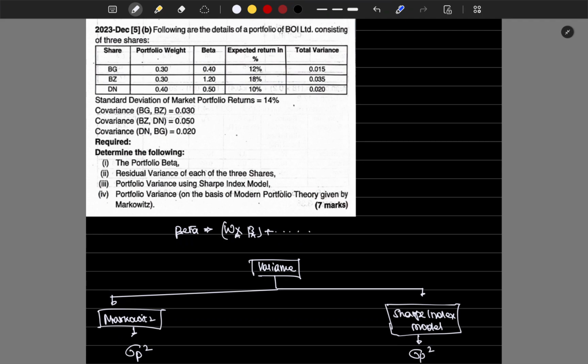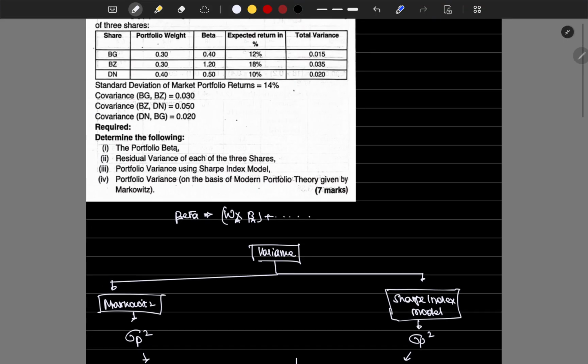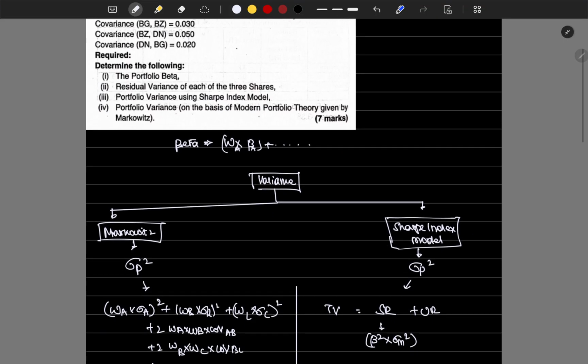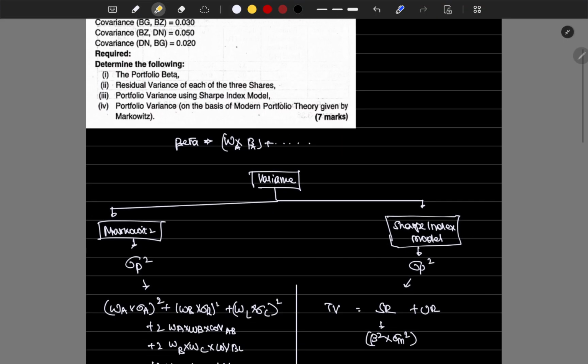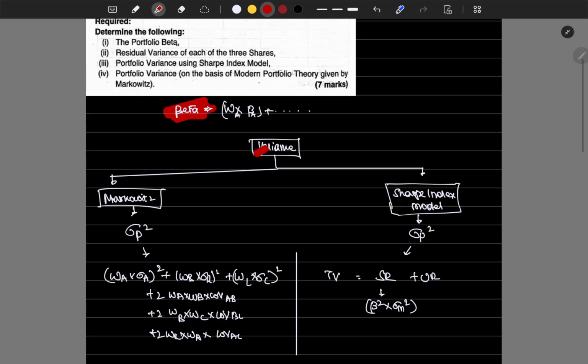What are all the information we have, what are all the formulas we need to know, and what are all the ideas behind it? We first need to know the beta. Beta is nothing but how sensitive the stock is against the market. That's the meaning of beta. How sensitively the stock is moving against the market is what beta is telling. Variance is nothing but